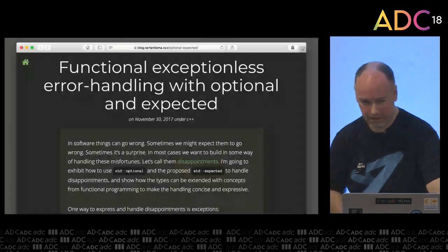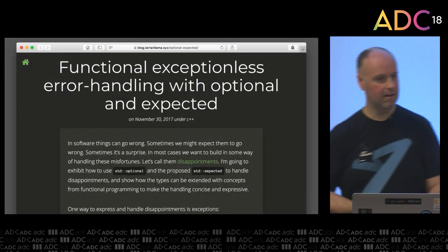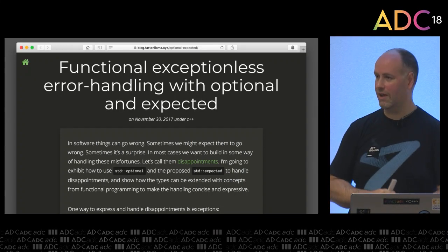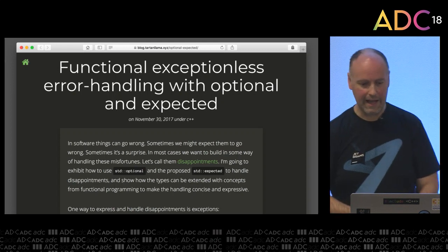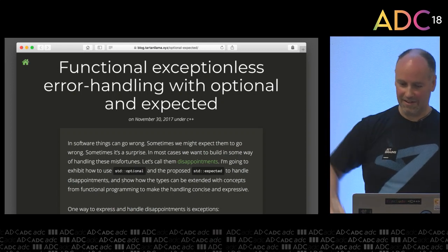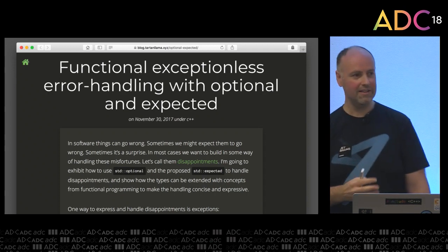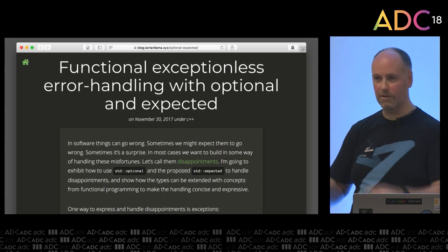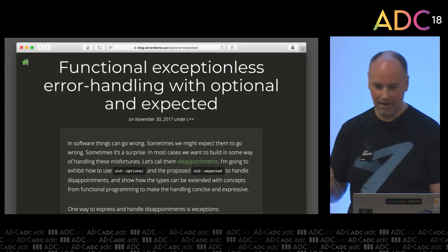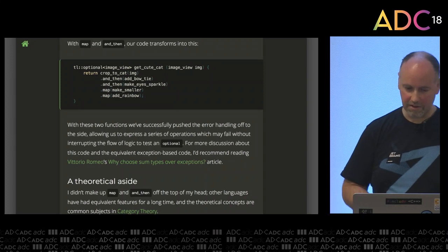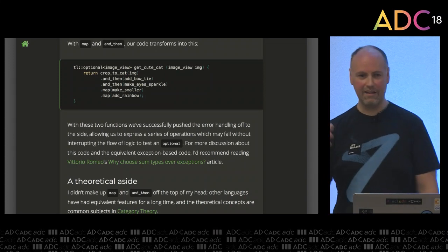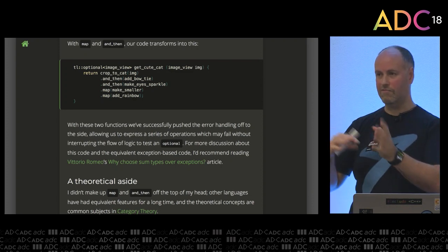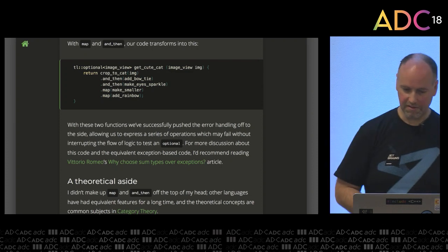And there was a blog post by Simon Brand about a year or so ago now. Functional exceptionless error handling with optional and expected, which is a bit of a mouthful. But it's got the word functional in there. That's a key part. Because in functional languages, they've been dealing with this for years. They've got approaches for it. And as you might have guessed, it involves the word monads, which we won't dig into now. But this blog post does. Gives some good examples. And Simon proposes adding extra methods to optional and expected to be able to sequence these things together and doing the wrapping and unwrapping boilerplate stuff. It's got good examples of that.